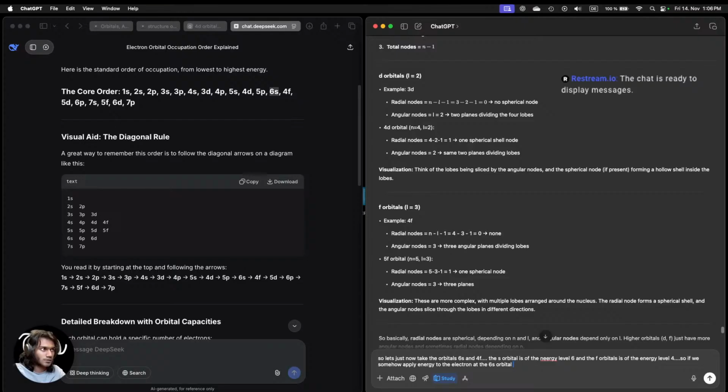If I apply energy to the electron at the 6s orbital, will it jump to the higher level, which is 4f? If so,